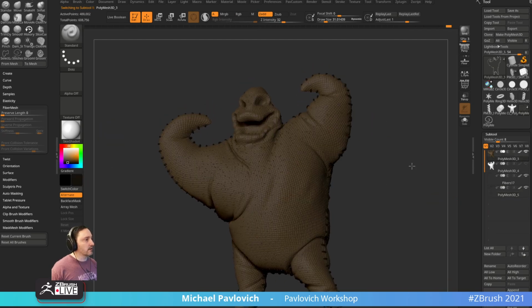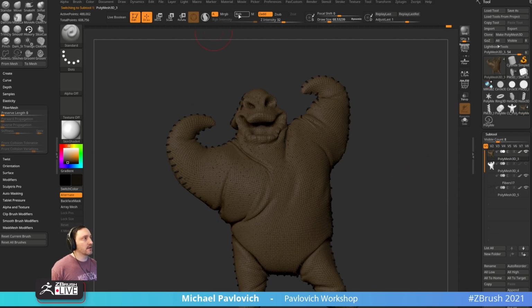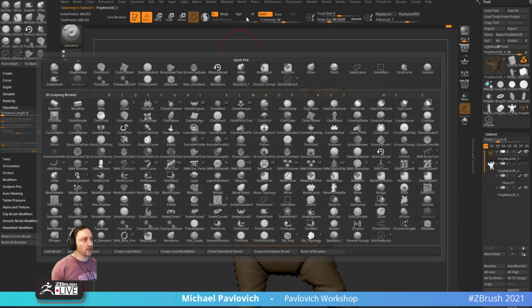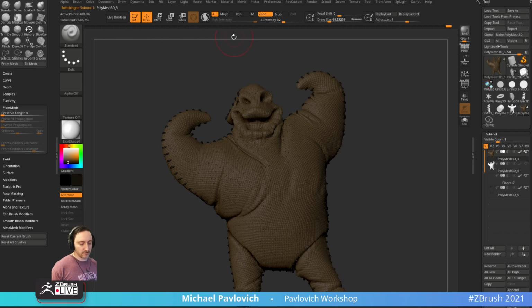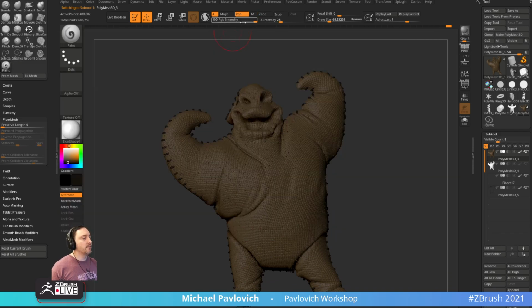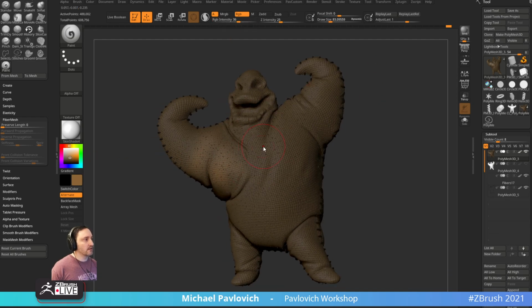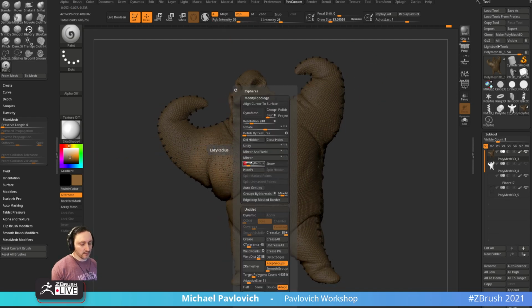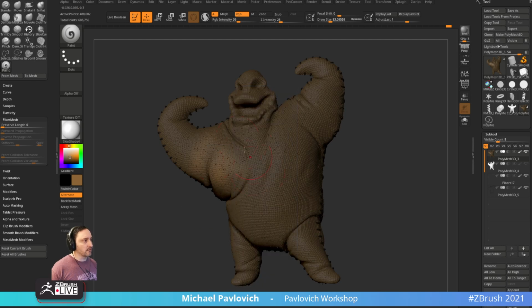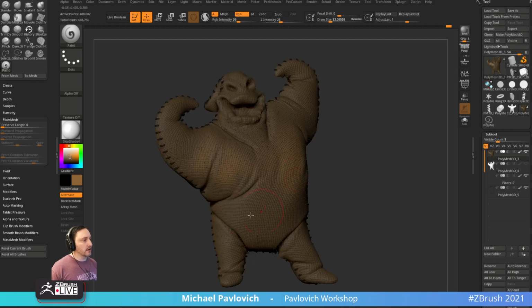here, and then back on our body here we can say standard brush, or BPA to go to your paintbrush, which is basically your standard brush. BPA, standard brush with RGB turned on. Then we can hit C to sample a color, and then we can make it a little bit brighter, a little more saturated. You can go through here and you can kind of like paint in, drop your RGB intensity down, maybe take your lazy radius. Yeah, that's probably fine. You can kind of go through here and kind of soften him up